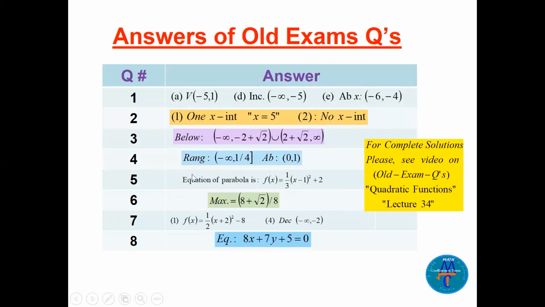Now, as usual, all these are the answers of questions 1 to 8. Just a little remark, please: for complete solutions of all these 8 questions, if you want to see them, you can go to the video, all the exam questions, quadratic functions, lecture